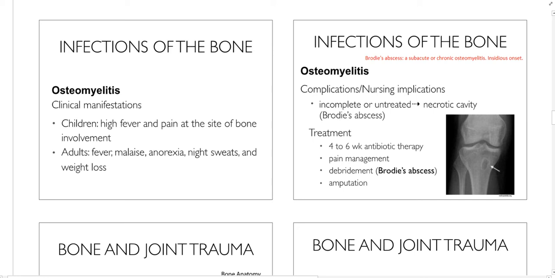It does require debridement to remove a Brodie's abscess, and I think it is a necrotic cavity. I don't know. Just know that you can get a Brodie's abscess, and that requires debridement,